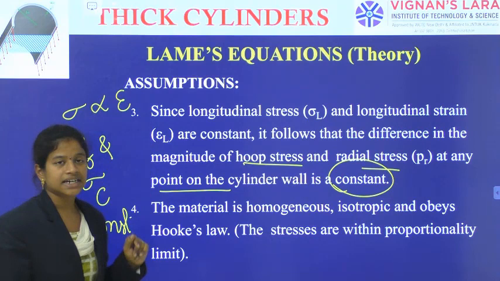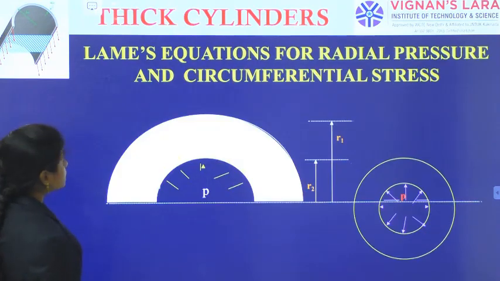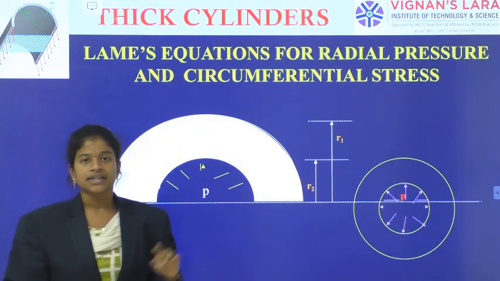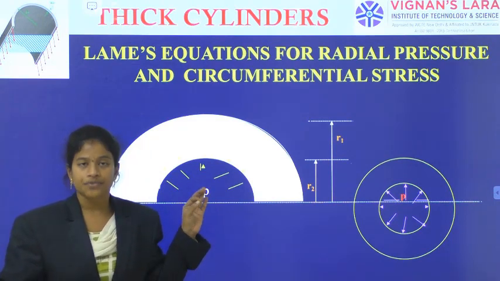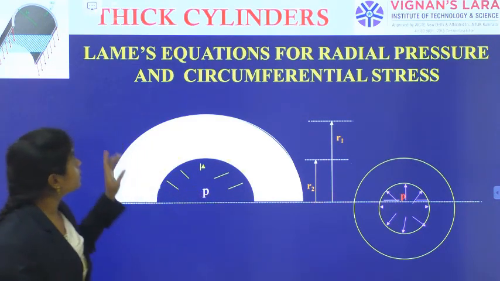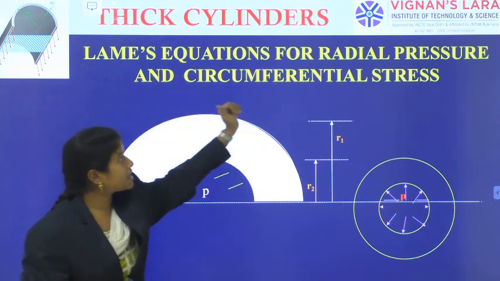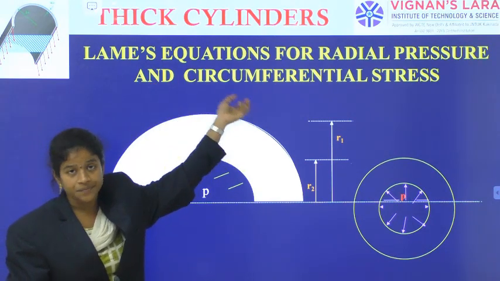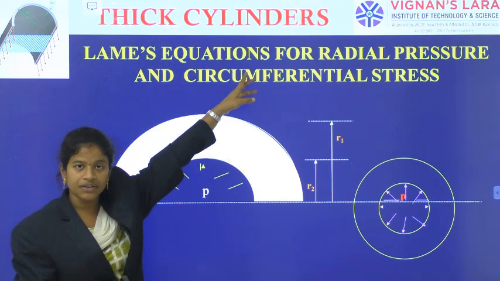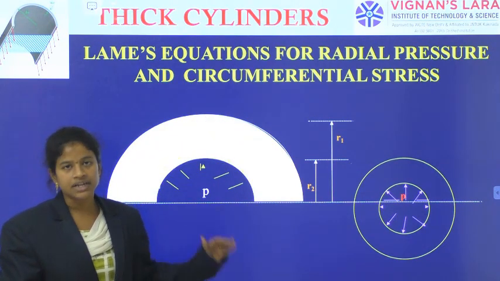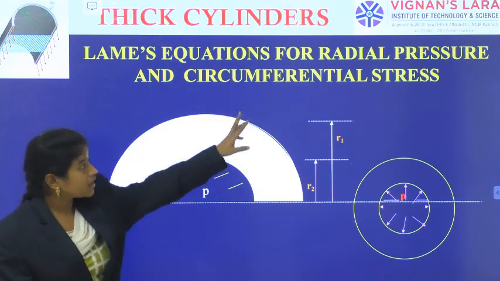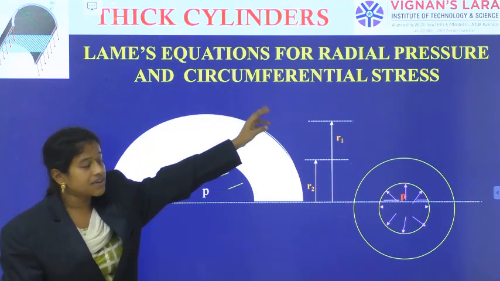Okay, so these are the assumption points, and then for the analysis of the radial pressure and hoop stress, from the Lame equations we are giving the equations for the radial pressure and the circumferential stress only. Even though I am having longitudinal stress, I am giving these two answers only. Okay, for the longitudinal, from the basics also you can give the same as for a thin cylinder. Now the radial pressure and the circumferential stress.